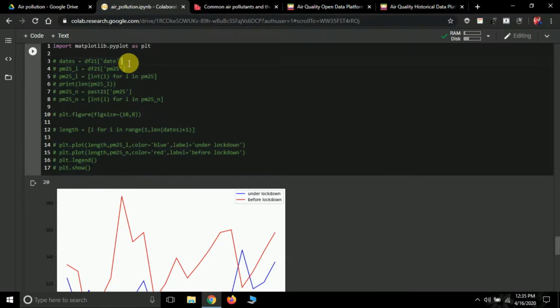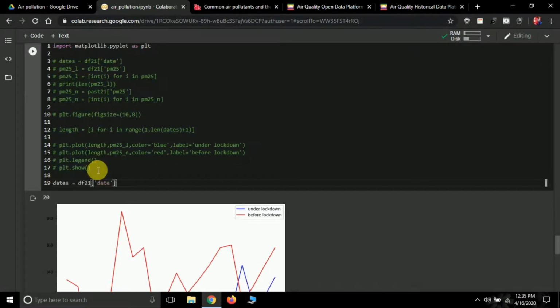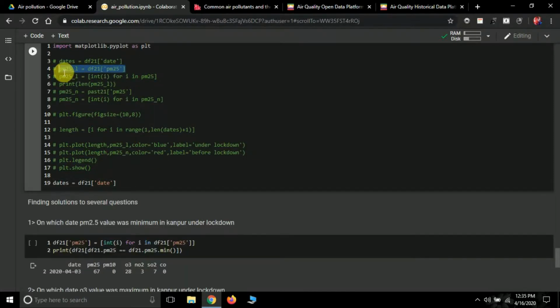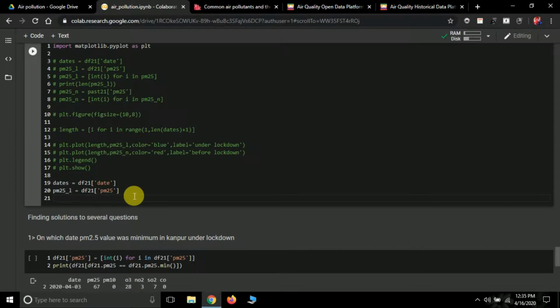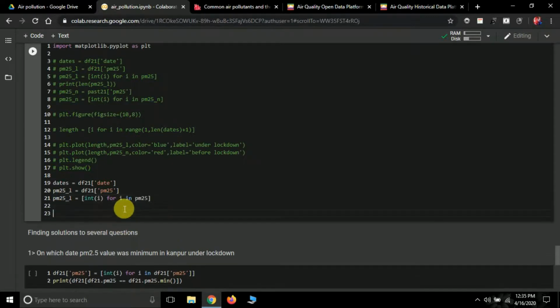So first thing I'm going to do is create a dates variable, and let me just remove this output. First of all, we'll store all the PM2.5 values of lockdown in a PM25_L variable, and we are going to convert all these values into integers using list comprehension. We have done the same thing.